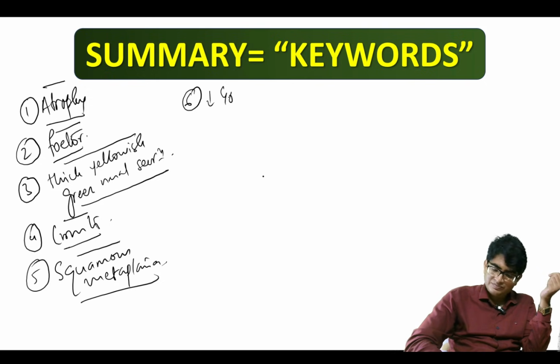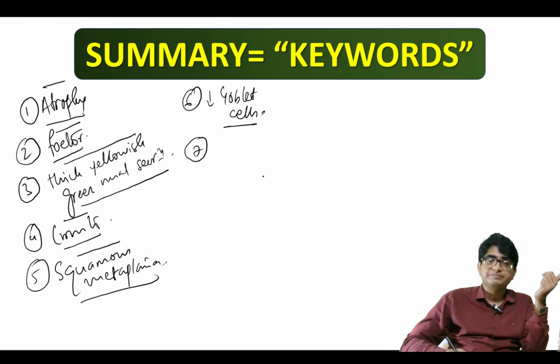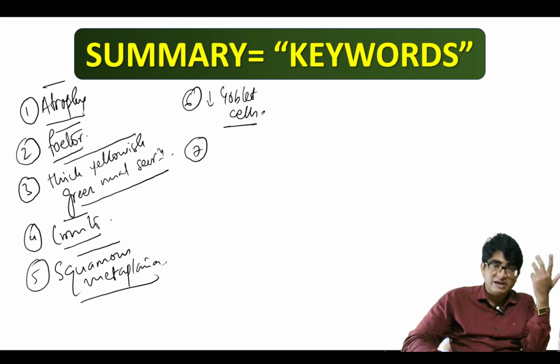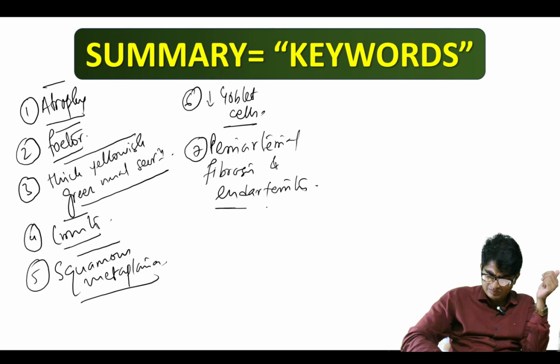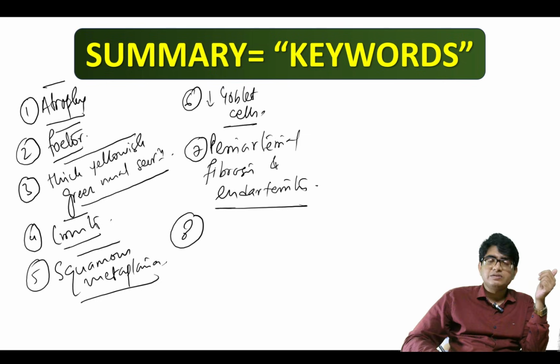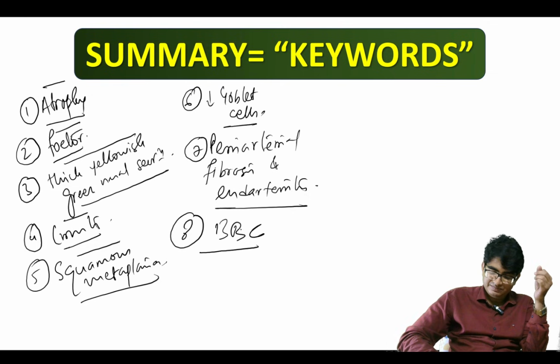Sixth, goblet cells decreased. Seventh, what happens? Why are all these things happening? I had told you to remember two keywords: peri-arterial and enteritis. Next, BBC. You have to remember in alkaline